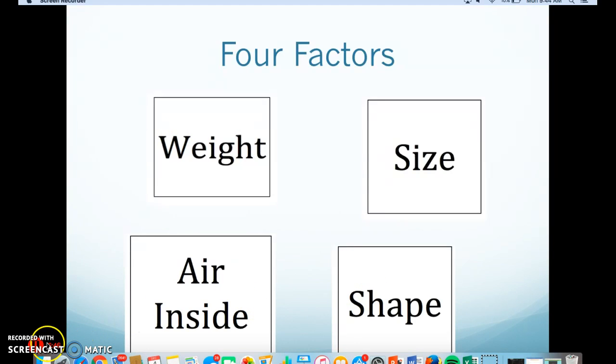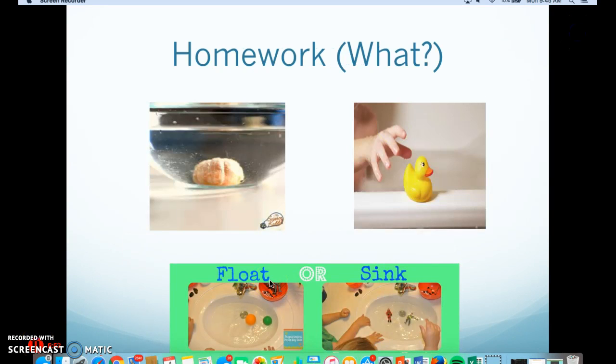When you do your activities with your children, make sure you're asking them what factors they use to make their predictions. Now let's get to the part that explains your homework. It's really important to do these activities with your child so they deepen their knowledge on why some things float and why things sink. In the following slides, I'm going to explain 3 activities that you can do with your